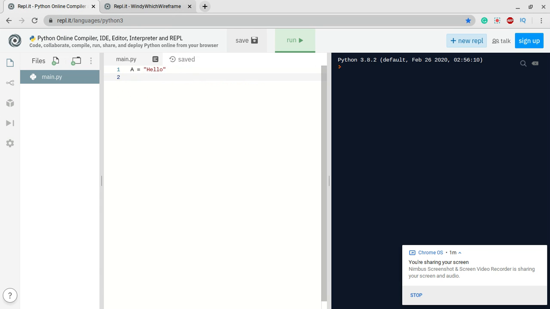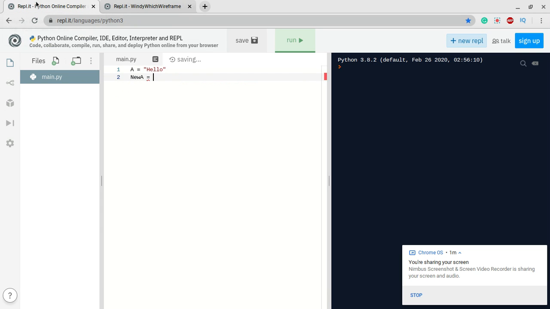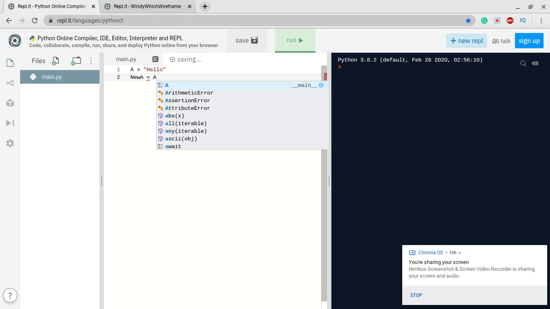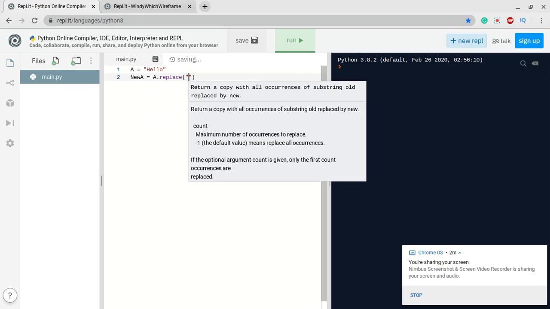Next, what we're going to do is create a new variable. So for this one, I'm just going to put new A equals, let's go back and see. So it's A dot replace. Sorry. It's going to be A dot replace, and then parentheses, quotation, and then next we're going to put